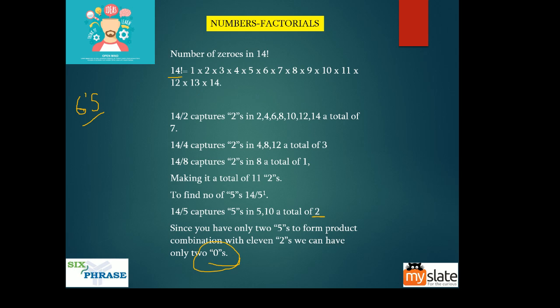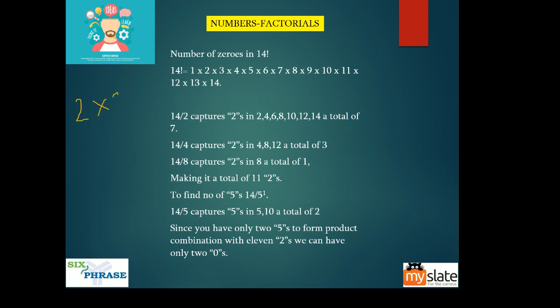I hope you at least have an idea. It's okay if you don't have an answer, at least have an idea of how to get it. Now, when you wanted zeros, when will you get a zero? You will get a 0 when there is a combination of 2 and 5, right? Now when will you get a 6? When there is a combination of 2 and 3. I've seen question papers, company questions where they ask 6's, 8's, 7's. But once you understand this concept, whatever they give you, you can easily do it. So 6's depend on 2 and 3.